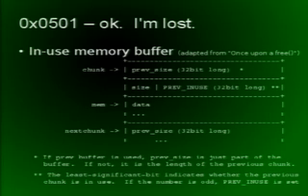The first 4 bytes is the size, and that's the bitwise OR of previous in use. Then we have our memory. Then we have a next chunk. And again, that should be down lower. This last